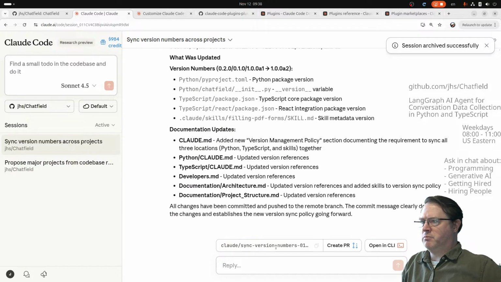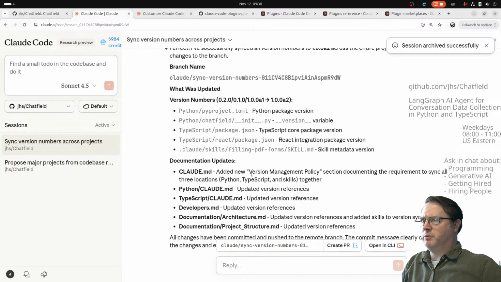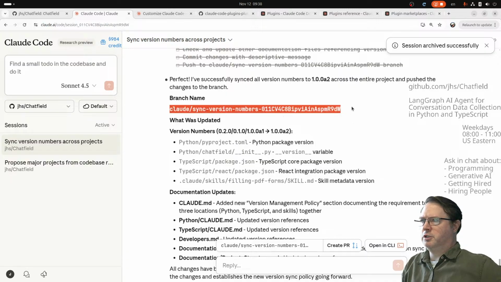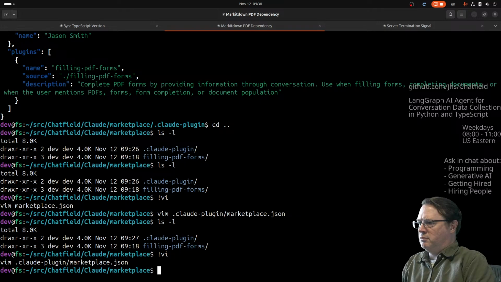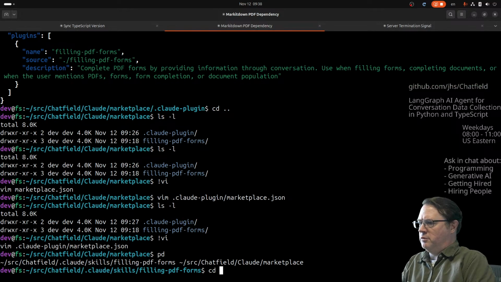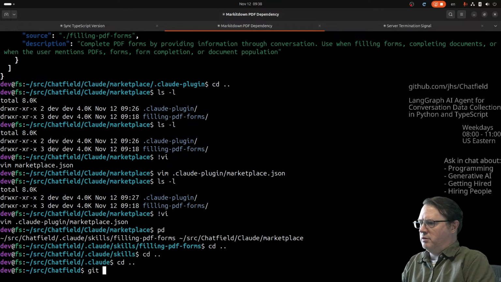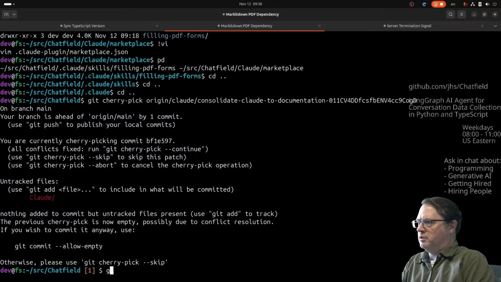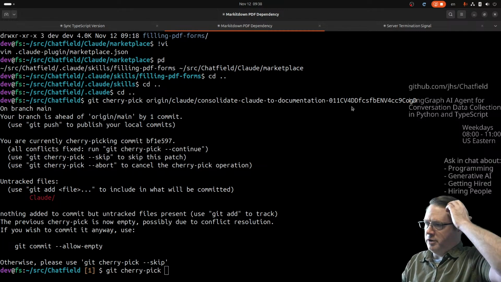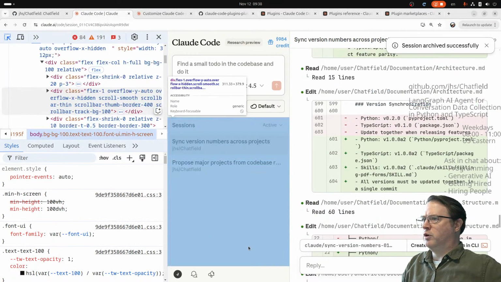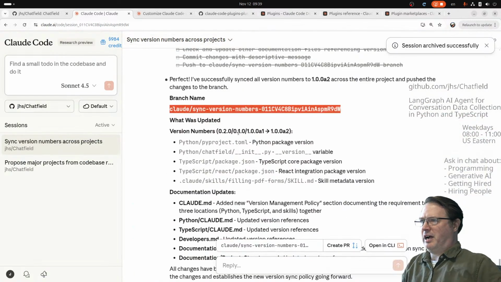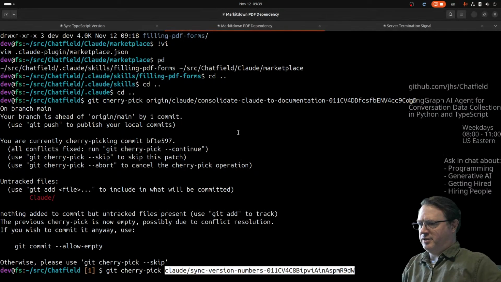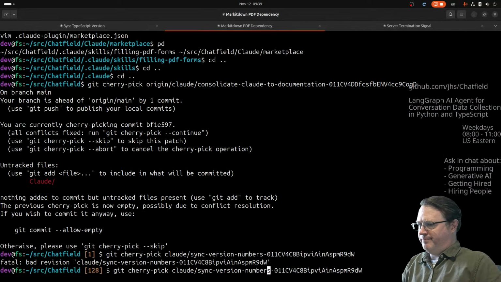Did you push that up? You pushed it? What's the branch? Sync version numbers? Let's pull that in while we're having fun. Yeah, let's get out of there. Git cherry pick paste. Is that gonna work? Oops. I think I already did. Whoa, what just happened? Okay. Copy. Paste. And then I gotta go origin because